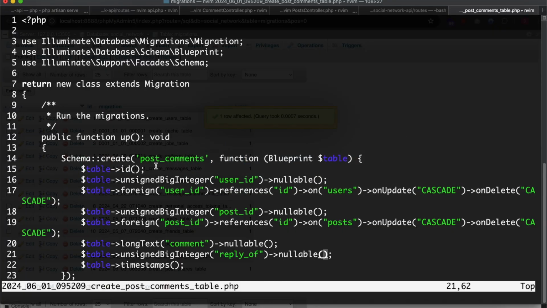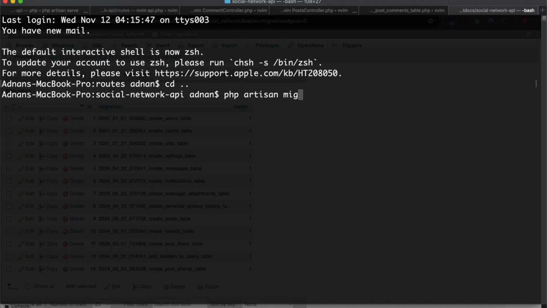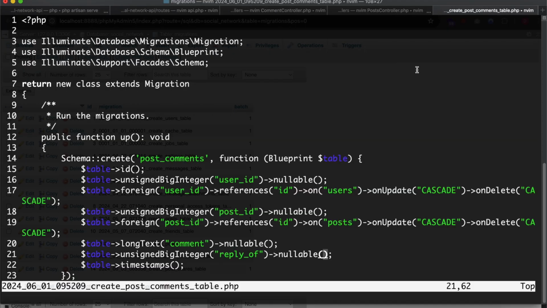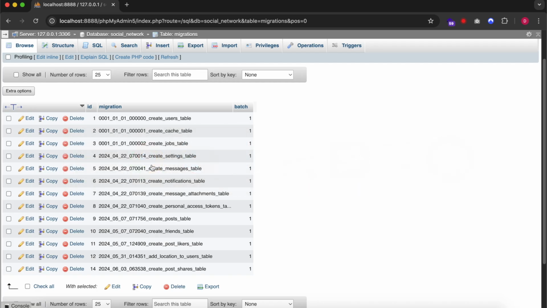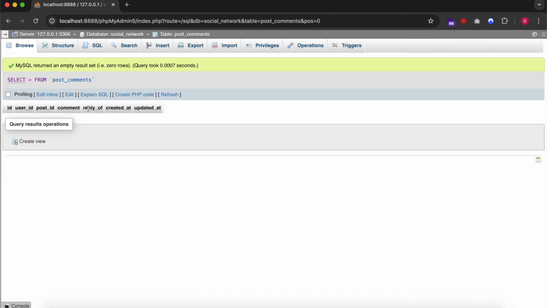Now I need to run the migration again. Okay, so this column has been created, and now it will have the value of this id in case of replies,